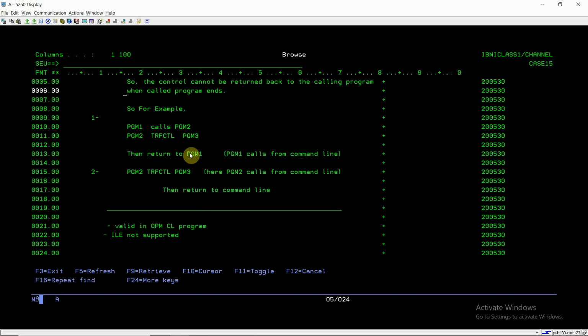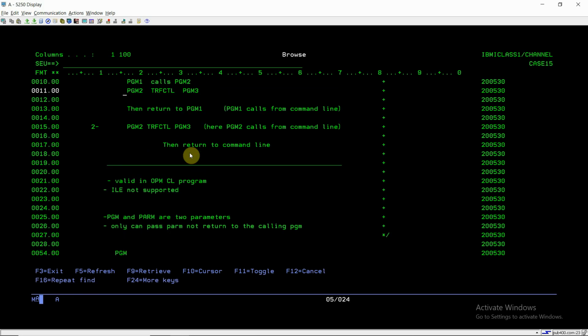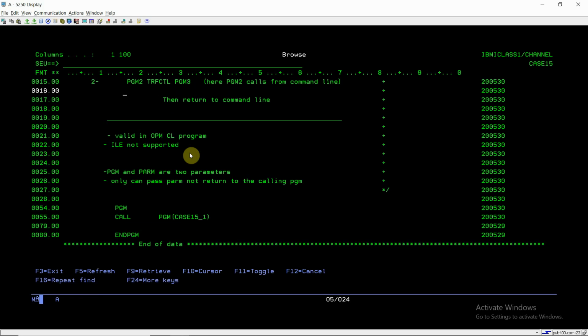But the difference is TRFCTL will remove the calling program from the call stack, so it won't return to the calling program; it will return to the program which called the calling program, or the command line from where that calling program got triggered. This is valid in OPM CL programs only. This is not supported in ILE programs. So we can only pass parameters, not return them to the calling programs.